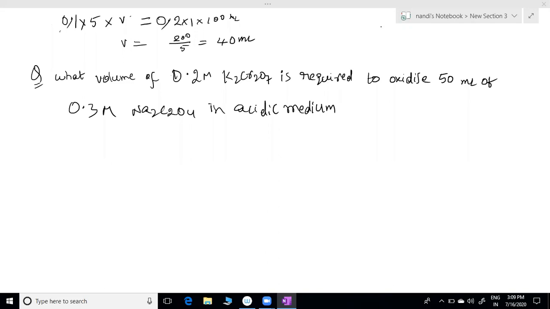Someone gave an answer. Who is that person? Shavin, KNMS, 11th. Superb. Exactly correct answer. Again, what is the principle? Right, first principle. Gram equivalent number of K2Cr2O7 equals gram equivalent number of